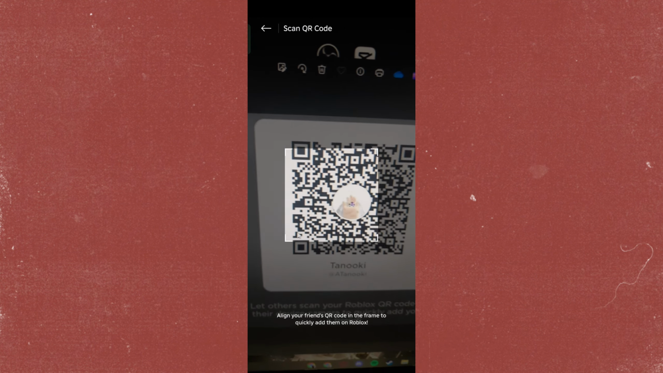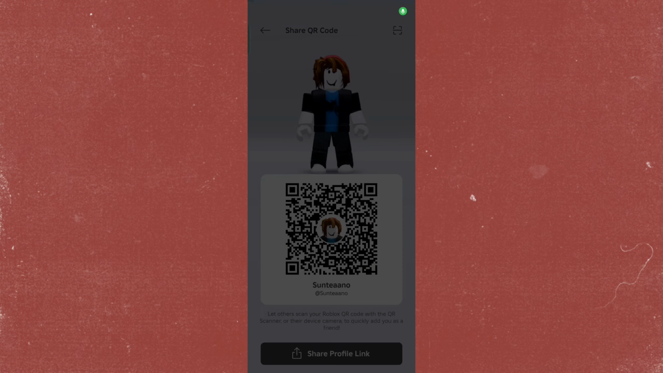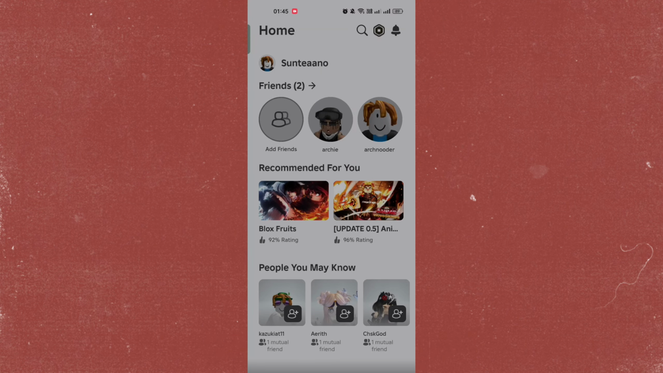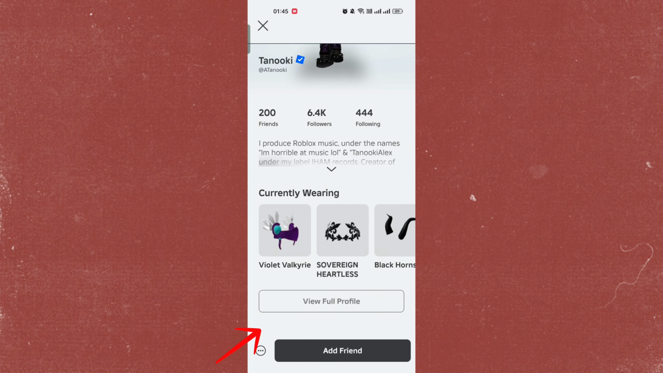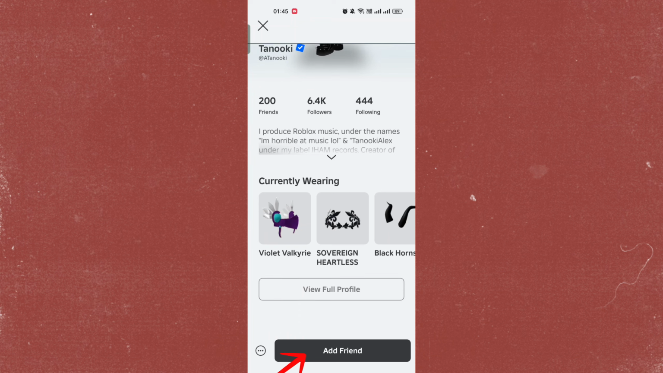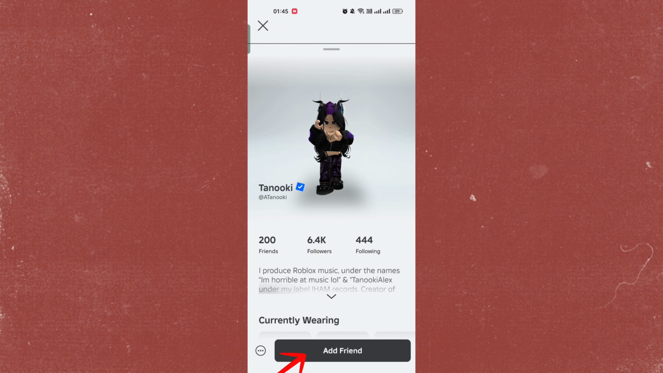So let's say, for example, this QR code. Let's just wait for a moment for it to load. And then, alright, so this was the QR code that we've scanned. So you can add that friend or this user if you want. And that's it. That's how you scan a QR code on